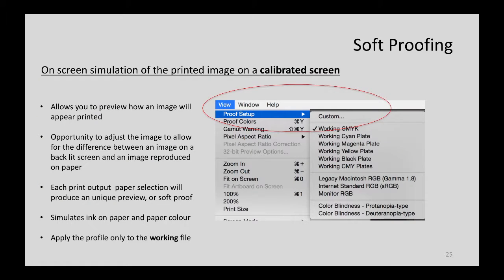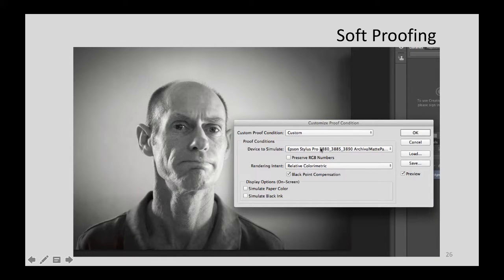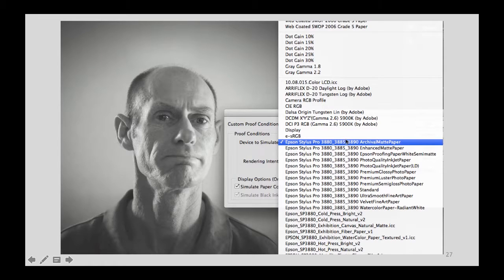So what are you going to do? How are you going to go about starting this? Once you have your image duplicated, then you're going to apply a profile to one of those images. You do this in Adobe Photoshop through View, Proof Setup, and you're going to select Custom. Once you've selected that custom profile, you'll go into that drop down list as you do here, and you'll find that custom. There's my printer and there's my paper, and ensure that you select simulate paper color,